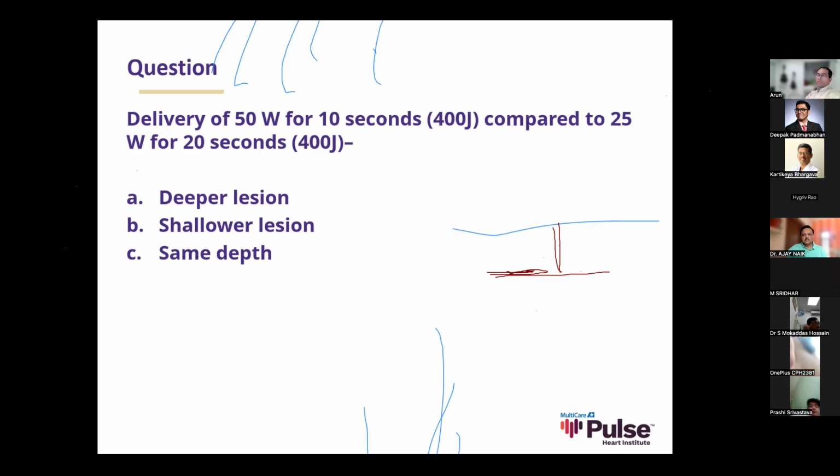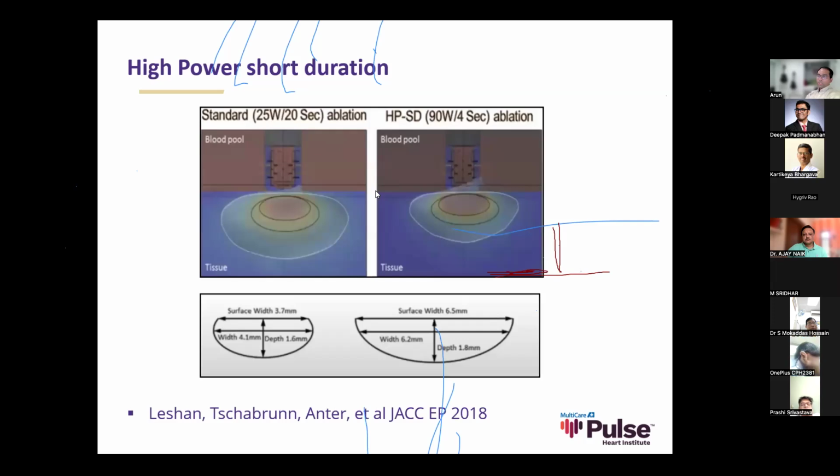You can think about it in a couple of different ways. First one is, if you're delivering a wattage of 50 watts for 10 seconds, the amount of irrigation you're delivering is only for 10 seconds. And so that leads to a superficial lesion. It acts more like a non-irrigated catheter in that scenario. And if you're delivering a 25 watt lesion for 20 seconds, you're also irrigating for 20 seconds. So that leads to a deeper tissue heating. So high power short duration is nothing but a glorified resistive heating system, which is nothing but our non-irrigated